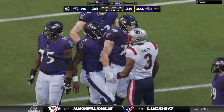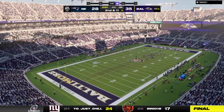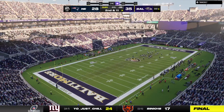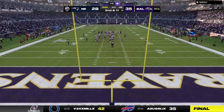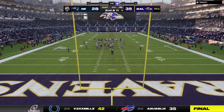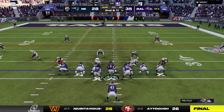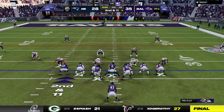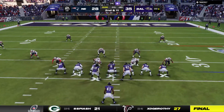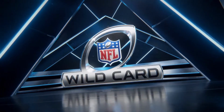Wow, what a way to finish this one off. And that knee will do it. Can't stop the clock defensively, so they protected their home field, got the victory in the wild card round. And rewarded their home crowd. They came out in force for this one, really supported them throughout the year, and boy, they were something special in this one. And maybe it's their last home game, and if so, they sent them out with a great visual, didn't they? They said beginning of the season they wanted to get